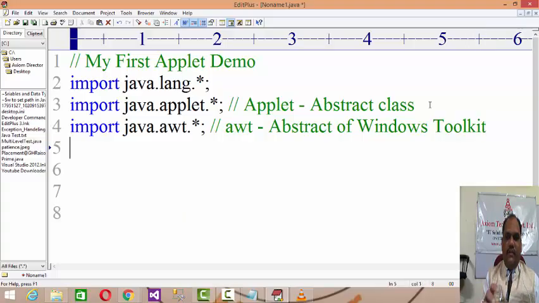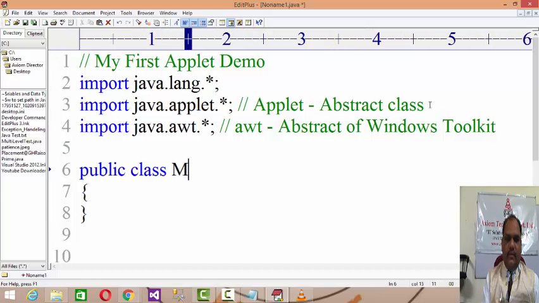Now this package is helpful for creating graphics using Java. Okay, so now as you are writing code which you have to embed in the HTML, it has to be a public type. Your class has to be public, because you are embedding it in HTML and referring to it from outside, so your class access modifier should be public. Maybe the name of the class will be MyDemoApplet, right?